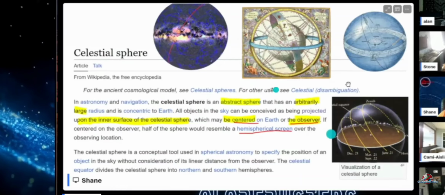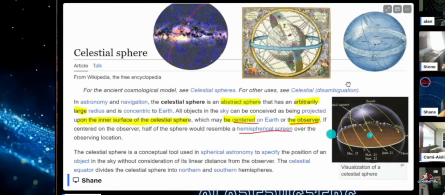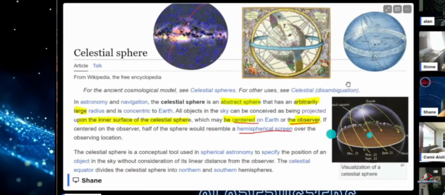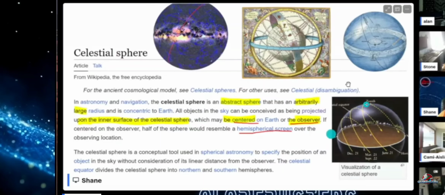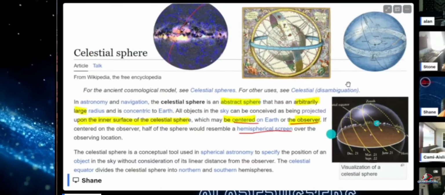So here's just an overview of that celestial sphere model. Here's that again, observer based. What an observer would see is one hemisphere at a time in terms of the stars. So if you were at the equator here, instead of having Polaris directly above you at your zenith, it would be at 0 degrees on the horizon.